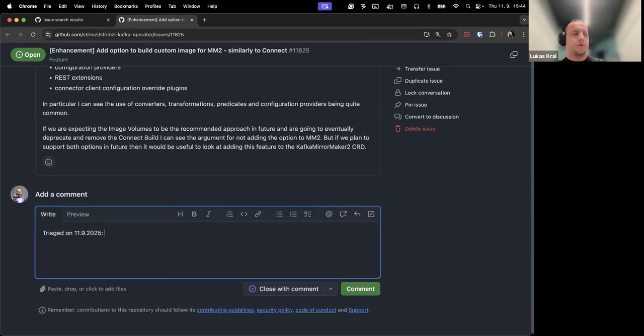But Jakub has a good point that in the future we would like to get rid of the build feature and replace it with image volumes. But I guess it's in beta in Kubernetes 1.33, so we are still waiting until we support just the versions of Kubernetes that have this feature implemented. I don't know what the opinion of others is, but